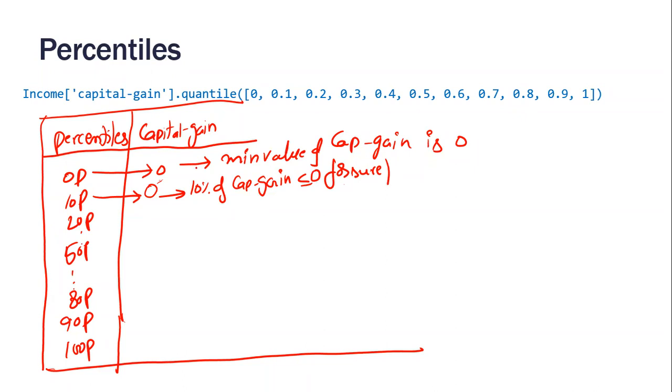Look at that statement carefully, all of you. Does that make sense? Is that a correct statement? Let's say the 10 percentile value is 15, I would say 10% of capital gain is less than or equal to 15. 10% of the time you'll find capital gain values less than or equal to 15. But here it is 0, so less than or equal to covers both. What is the second statement?